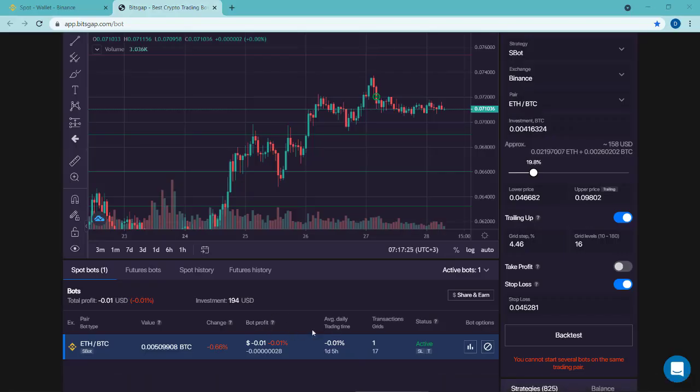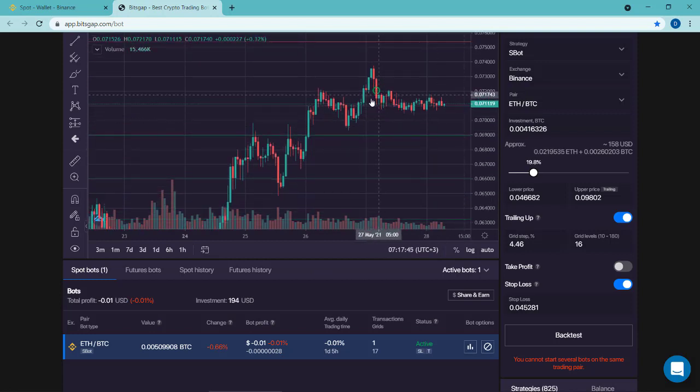So previously I set up a grid bot with the default settings and with a deposit of $200, and it's been running now for just over a day, and we can see the results are not so brilliant at the moment. There's not so much movement between Ethereum and Bitcoin, and in addition the value of Ethereum has gone down a bit against Bitcoin. As a result, there's only been one trade that's been made, and that was a buy